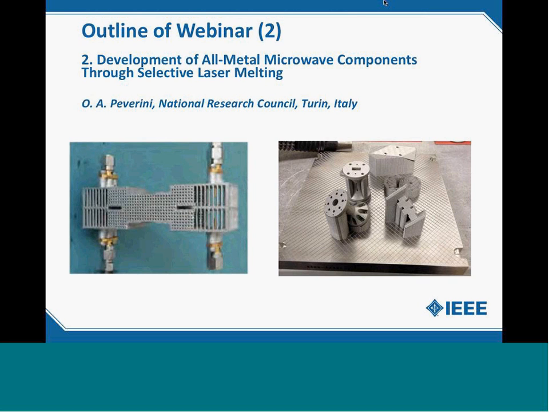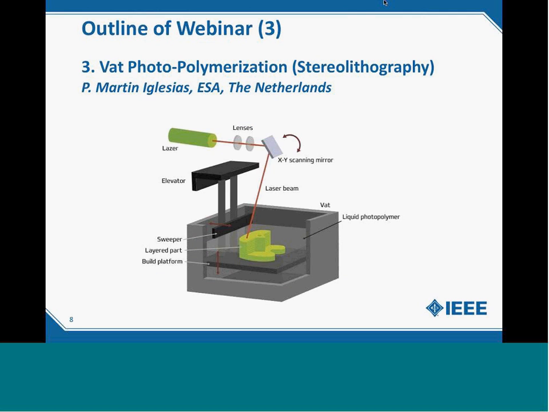After Tom, Sorrentino from the National Research Council of Italy will discuss developments of all-metal microwave components using selective laser melting. And finally, Petronilo from the European Space Agency in the Netherlands will